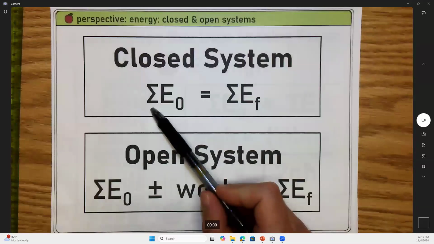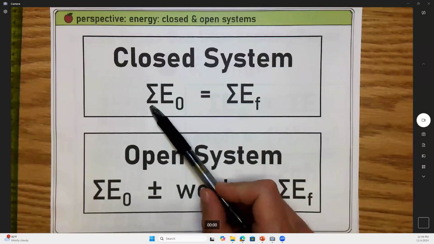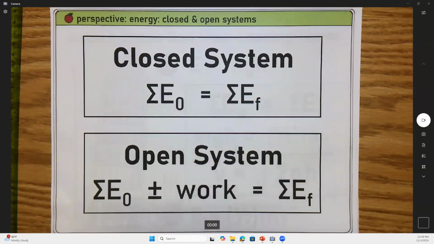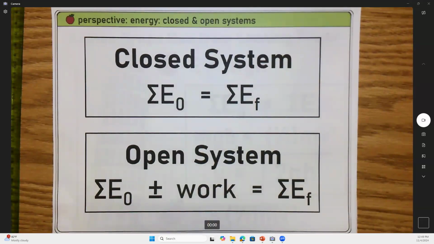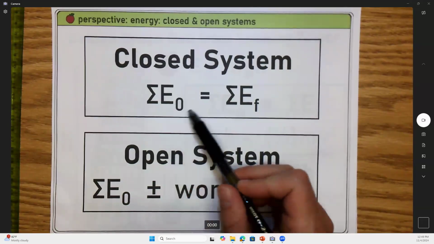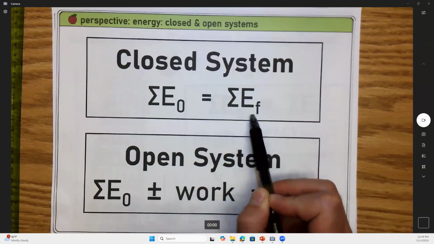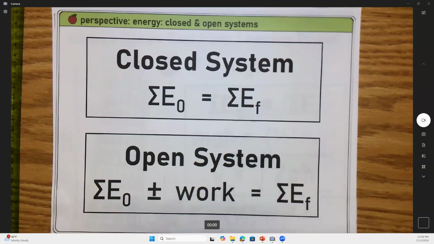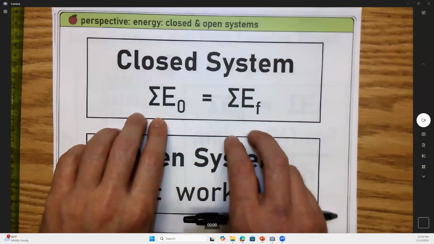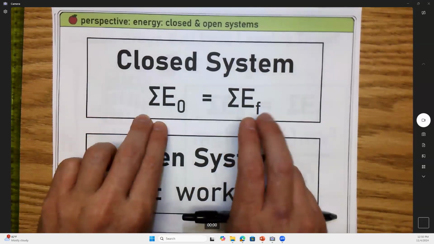Guys, what does this literally say? What does the symbol mean? Like the sum of, right? The sum of energy initial equals, let's get rid of this. This is not doing it. Oh, it's clicking. Sorry about that. Okay. The sum of energy initial equals the sum of energy final. Is that right? So this is going to be the framework, the thought process to solve a bunch of these puzzles. Is that, we're going to pick some initial point and some final point.